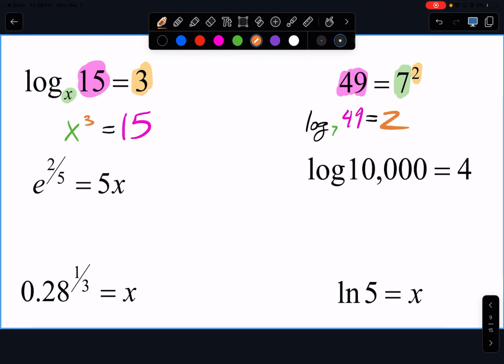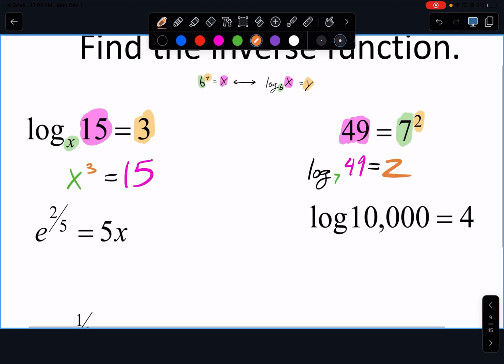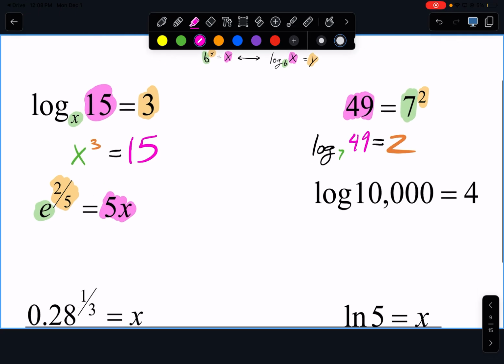What we're going to recognize here is that on the left we have an e, right? So what I want you to do is do this the exact same way that we've been doing this. So it's in exponential form right now. If I were to highlight this, the e is my base, the exponent 2/5 is my y, and this is my x. We're going to write it the exact same way. So I'm going to write log of e of 5x equals